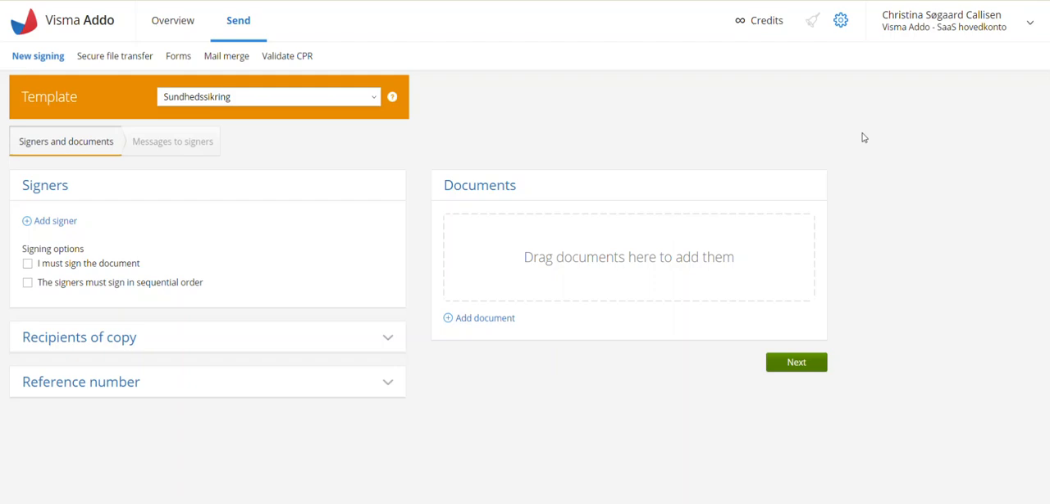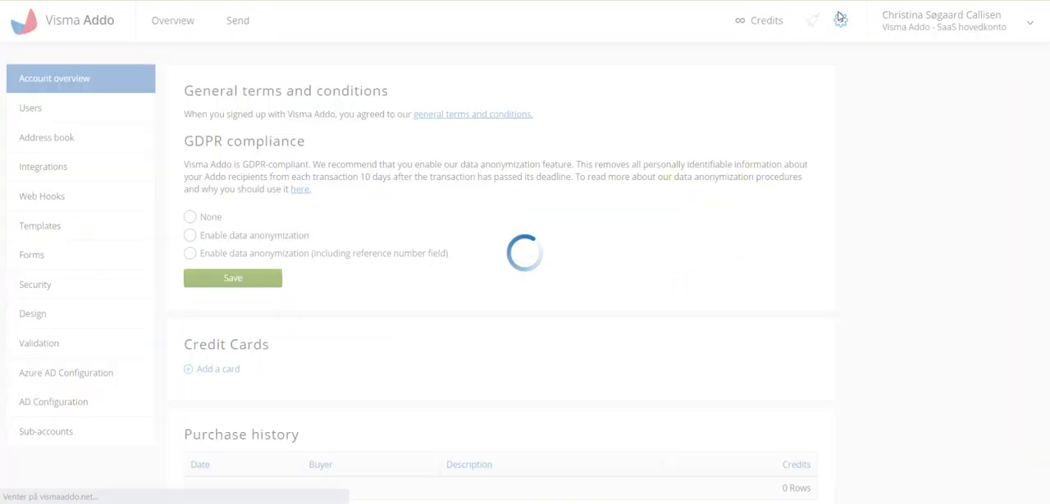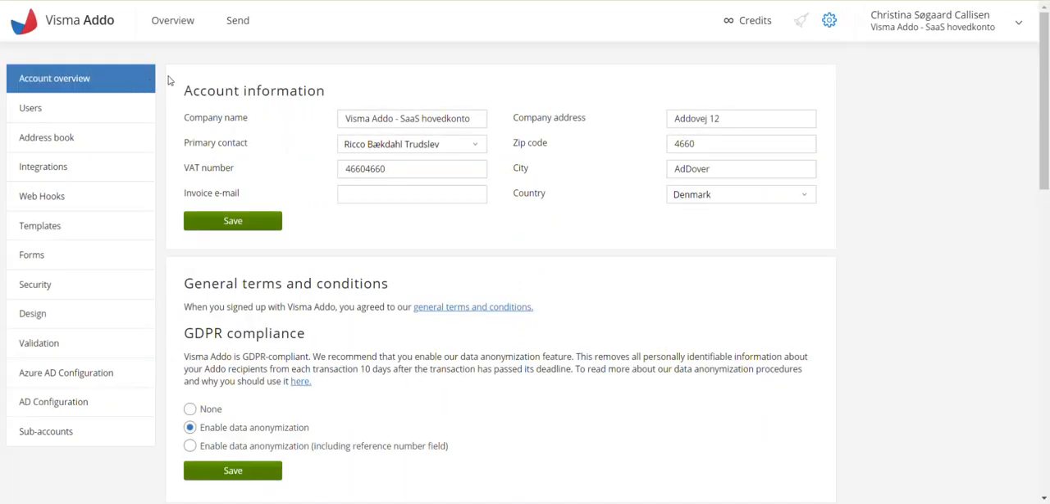In this video, we will look at the different functions in the settings menu. So if you access your settings, which is to the left of your name here, you will first access the account overview. In the account overview, you have your account information. And if you fill this out, this will be what is on anything that you send out from your Addo